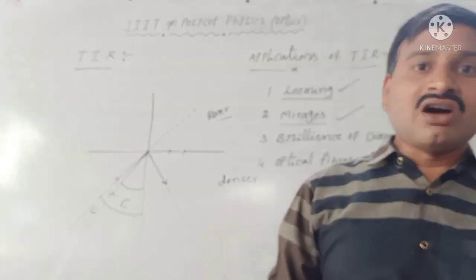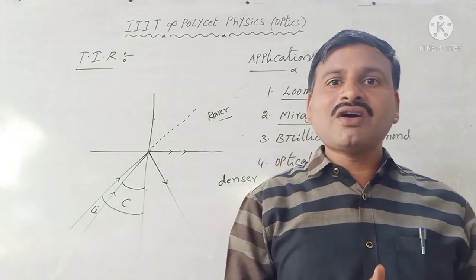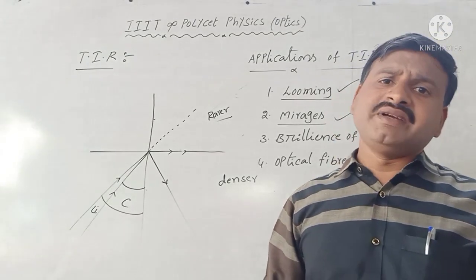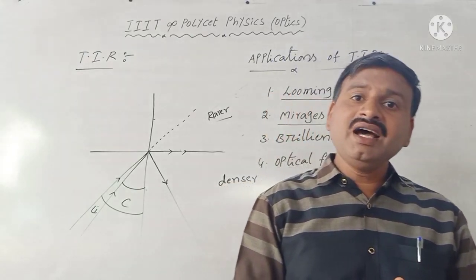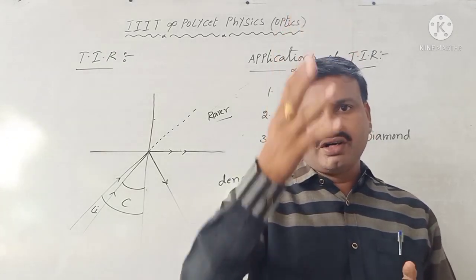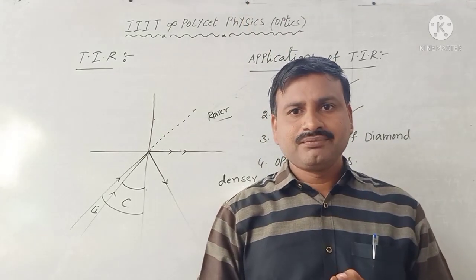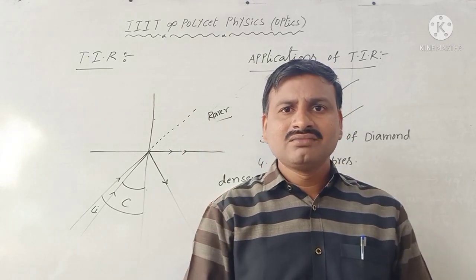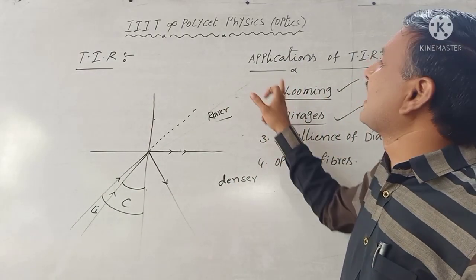You know the mirages; you have already seen them in some situations. Where are they formed especially? Especially on summer days. Mirage is an optical illusion. For example, you see a lot of water collected on the road at a distant place. When you go there, there is no water. The road is dry. So it is called an optical illusion. Mirage is an example of TIR.